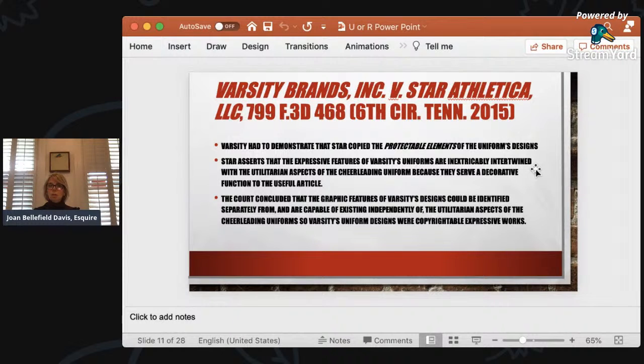You also get attorney's fees if you sue successfully in court, and we all know that it's nice for clients to have attorney's fees awarded in a lawsuit. Those are available if your mark is registered or your copyright's registered. So I just wanted to back up and let you know why you want to encourage your clients to register their copyright registrations and their trademarks. Okay,